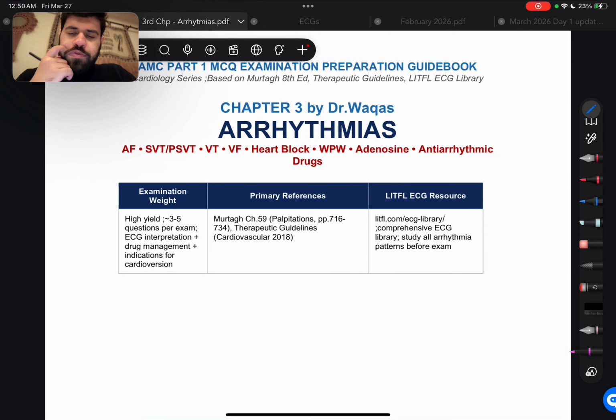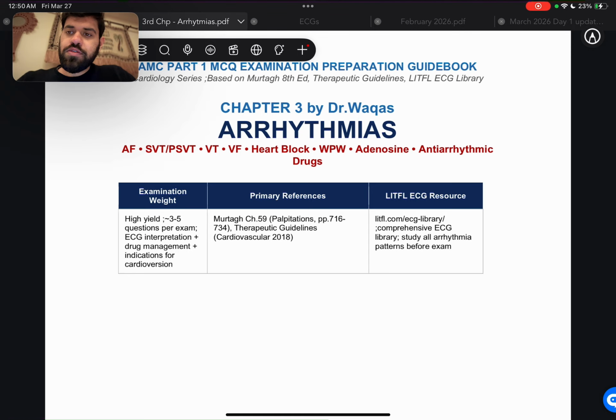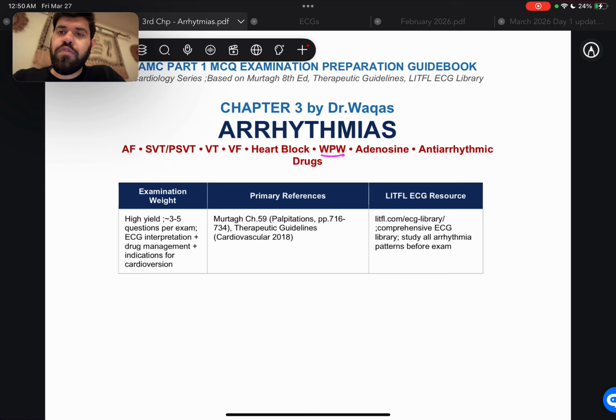Alright guys, welcome to chapter 3 of the guidebook, and in today's guidebook chapter we'll be discussing the arrhythmias, how do we diagnose them, the different ECG findings that we have, then we'll be going over what is WPW or Wolff-Parkinson-White syndrome, then the role of adenosine, then how do we go over the treatment of each of these